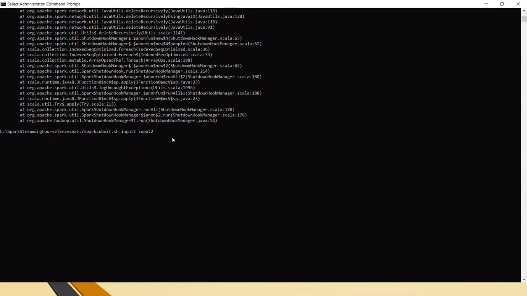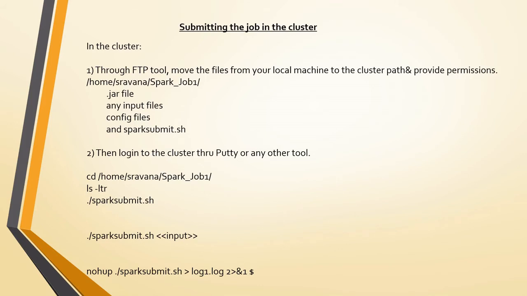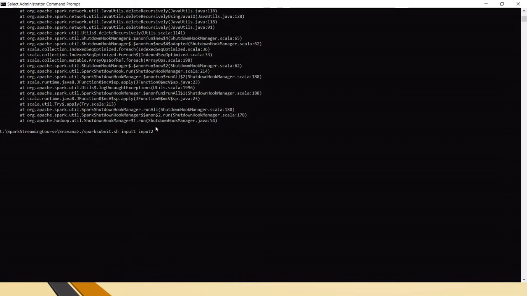And if you don't want to see that on the screen, and you want to move the entire logs to some log folder, you can use the nohup command. I will put it like this: nohup, then ./spark-submit.sh, then inputs, and we have to have some logs file. Either you have some folder for logs, or if you don't have that logs folder, you can directly say log1.log.